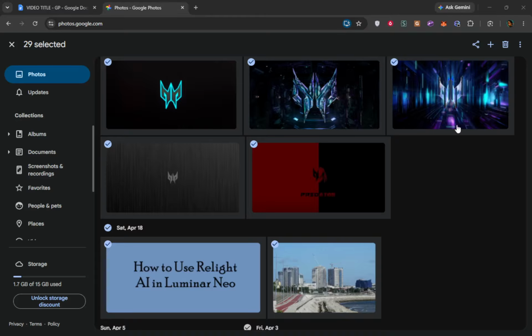Next, click the trash icon. You will find this icon on the top right of your screen. Clicking it initiates the process of moving your selected items to the trash. This icon is often represented by a bin or trash can symbol. It's a clear indicator of the action you are about to take. Confirming this action is a critical step as it ensures that you truly want to remove these items from your